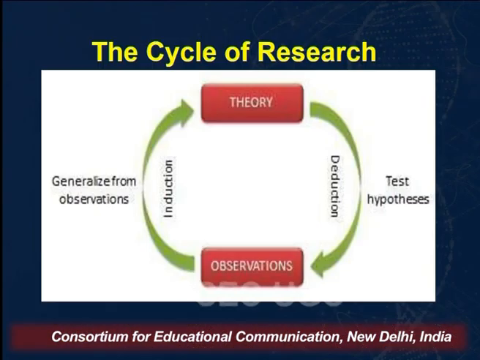So the empirical level: scientific research is not just concerned with laying down hypotheses or setting the theories, but its equal component is validating those theories, to find evidences on which these theories can be based or proved. So the empirical level becomes very, very important. So as we can see, this is the cycle of the research.